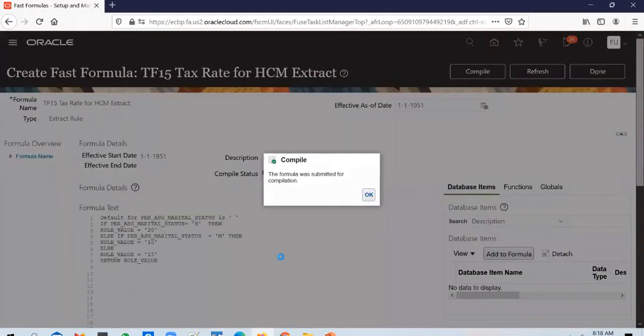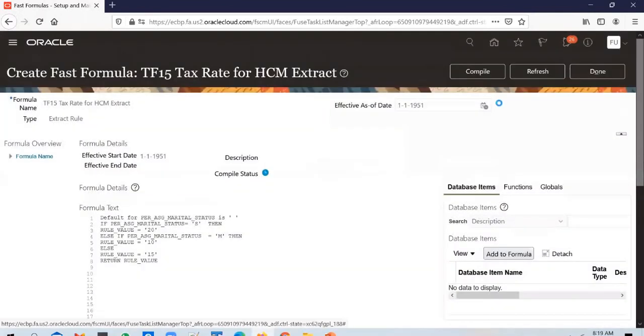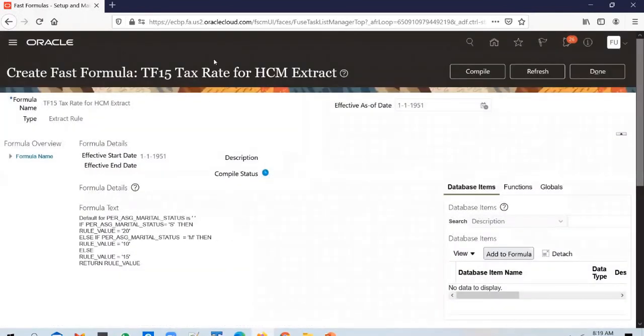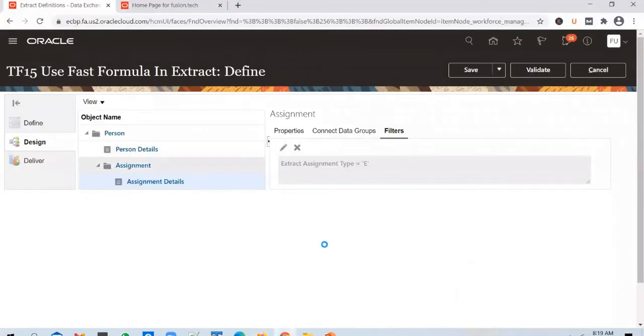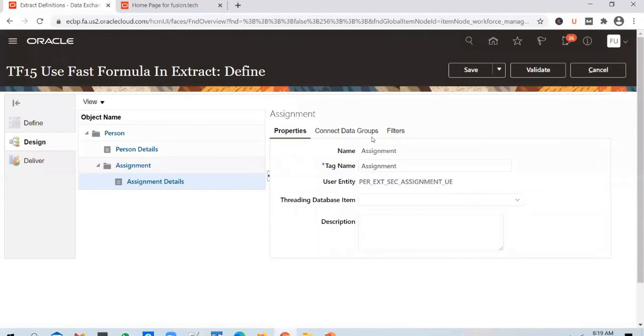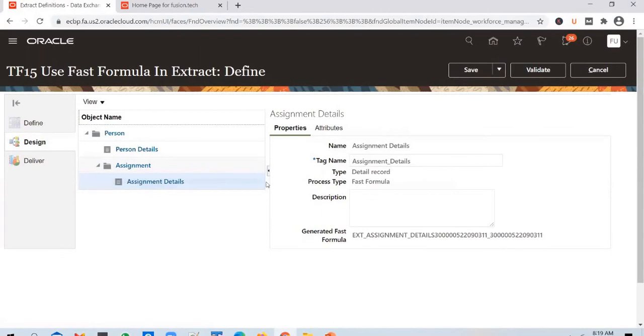We'll discuss more about fast formulas later on. Once it is compiled, we can go ahead and refer to this formula back in the HCM extracts. You can see that the formula is compiled now. I can go back into the extracts, go to properties, click on assignment details and go to attributes.